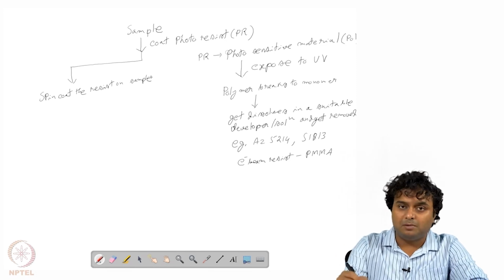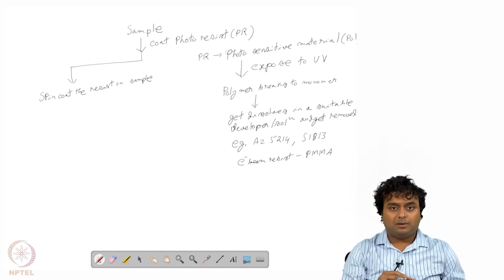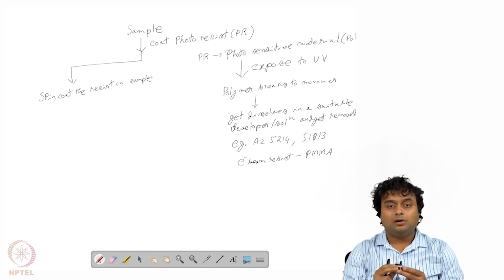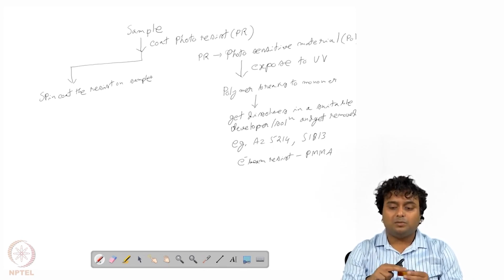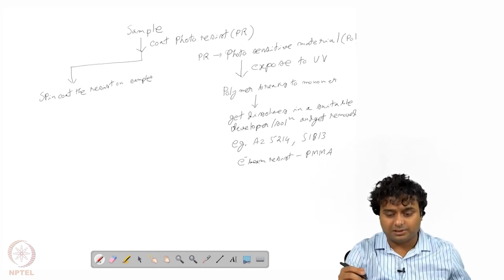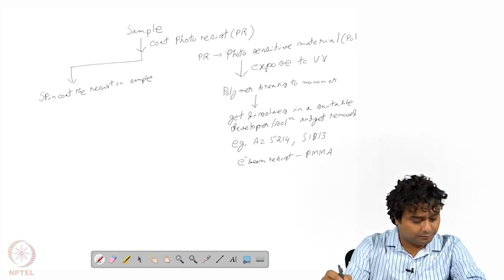PMMA. So PMMA in anisole solution, and then we will take the sample, and that PMMA in anisole solution we will put a few drops on the sample, and then we will rotate it as we have discussed for the spin coating. So accordingly this will be coated on the sample, on the substrate, right, and